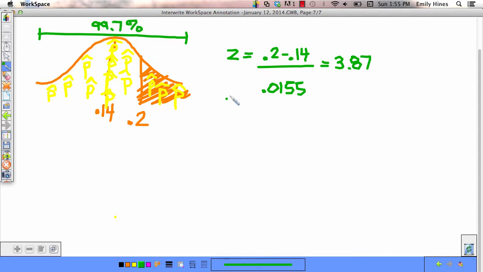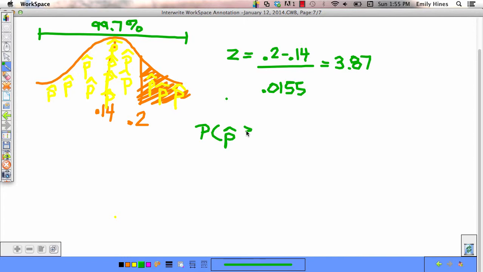Since this is above 3 standard deviations, that means there's at the very, very most like 0.15 of a percent, so 0.0015 at the very most, because there's only 0.3 of a percent left, and half of it would be on the bottom half. So this is going to be a very, very small number. If you look in Table A, it's probably not even in there, which means you're going to say something to the effect of